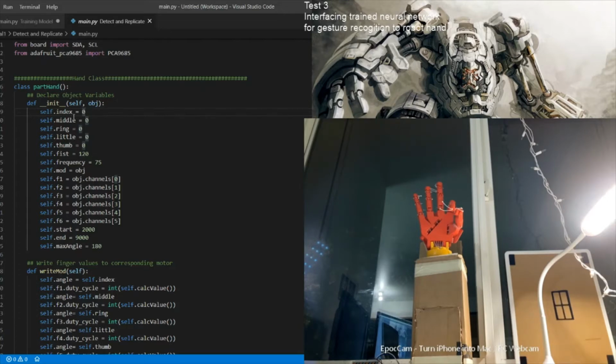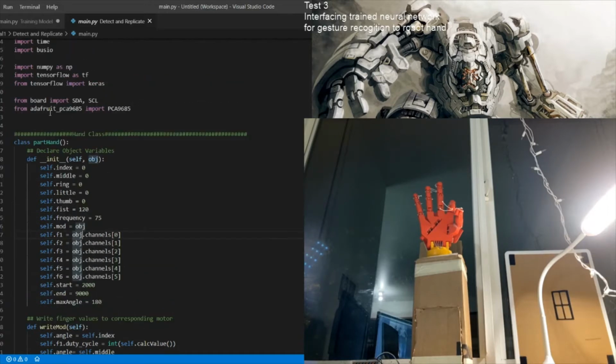And frequencies, what frequency we want the PCA module to be running at. And these F1, F2 to F6 are the actual channels used for controlling the motor. These channel methods are available in this Adafruit library. You're just using it. And F1 till F6 each corresponds to each finger.